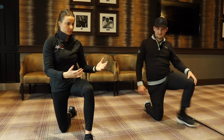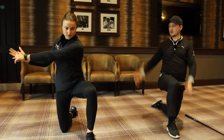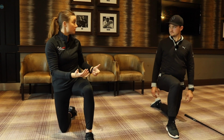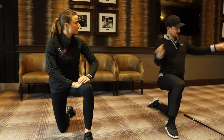Massive benefits, isn't it? Yeah, and if you think about the position of a backswing particularly, a lot of senior golfers will struggle to sort of get this arm straight and lift the arms. And they're lifting, they're coming out of posture, they're coming back over the top as a result of it. So opening up the rib cage, opening the shoulder joint and the chest to go with it will only benefit them. And then are we doing this again on...